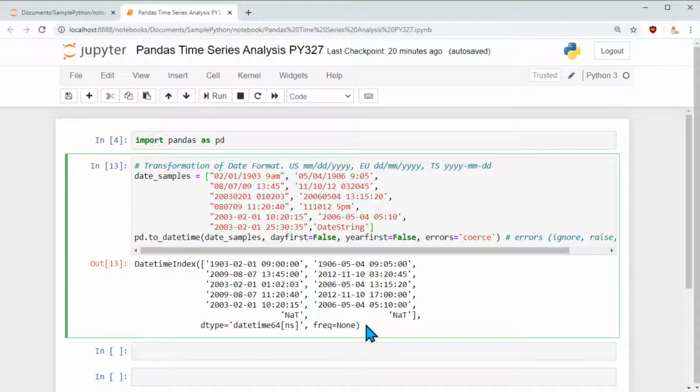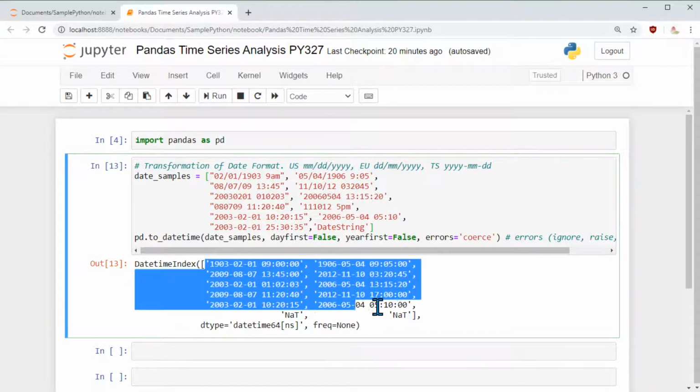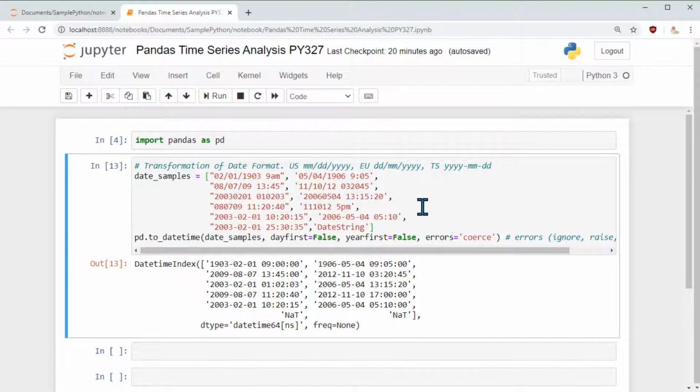So now let's see how Python is going to behave in this circumstance where some dates are valid, some are not valid, and some are in different formats. When I execute this, it pulls information like that. Here I have set dayfirst to False and yearfirst to False. That means the month is going to be first, and that being said, we are going to follow the US format, which is MMDDYYYY.